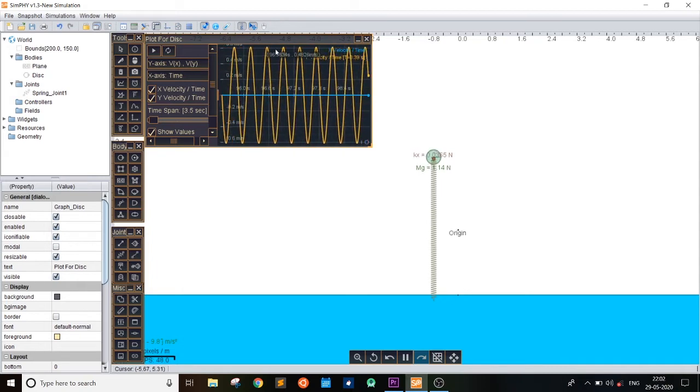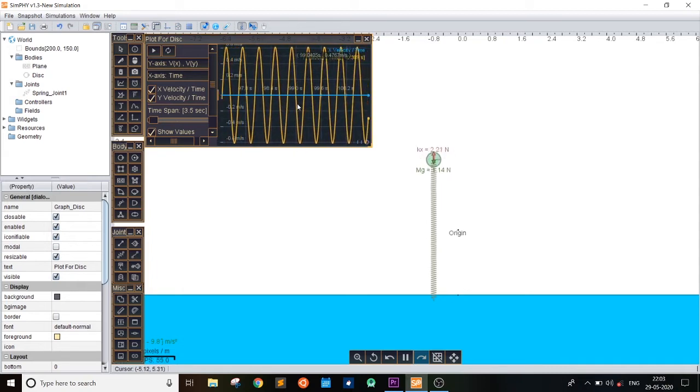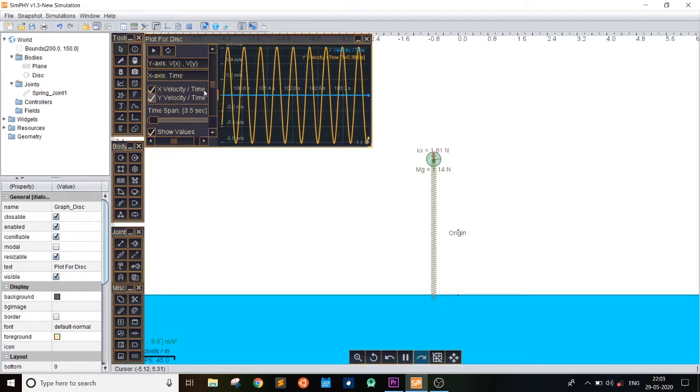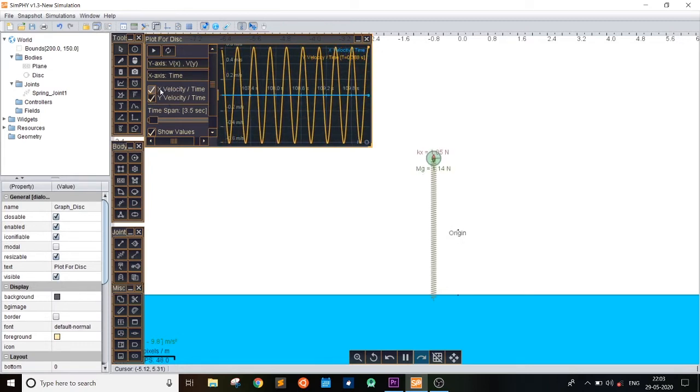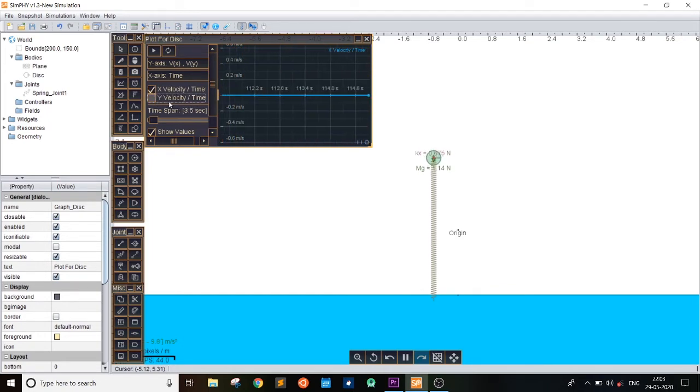Y velocity is a function of sine. And similarly, there are two options here, the types of graphs that are displayed. If we uncheck this, then only the y velocity versus time graph will be shown, and if we uncheck this, then only the x velocity versus time graph will be shown.